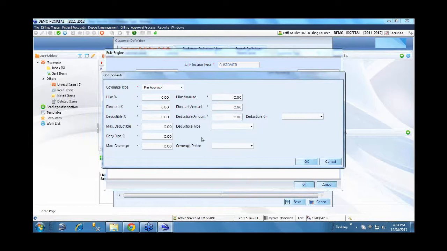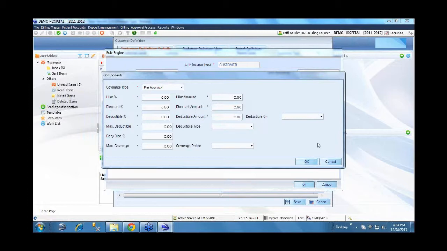Apart from all of these, there are a few other provisions relating to hike percentage and hike amount. What is it? Sometimes for certain people you want to increase the rate from that of the base price. If you want to do that, you can define it, but it will not be reflected in the bill. In the bill, it will apply this hike and then show the net amount, after applying the hike, as the gross. If it is a discount, the discount will be reflected in the bill as separate information for them to know the discount is applied, as agreed in the contract. This hike is something internal for the hospital. The visibility of this information will not be available to the respective customer.